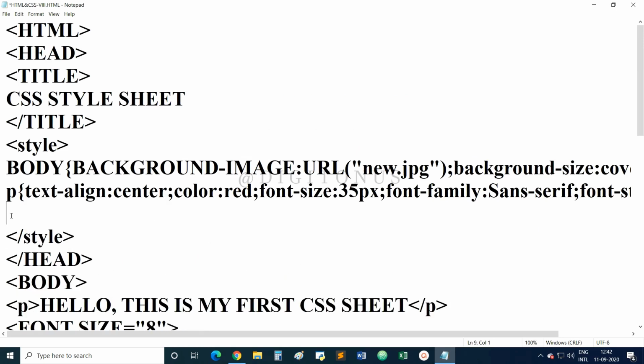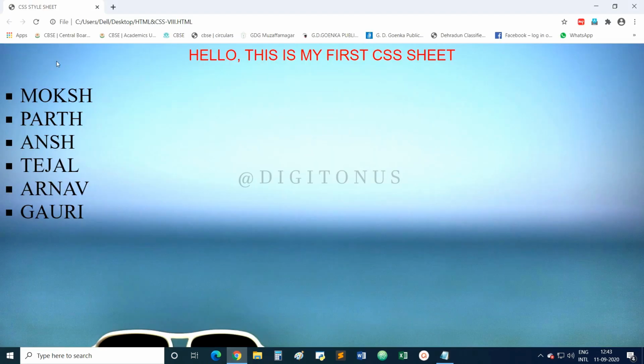After this I am writing here the tag name li, then curly braces, and in li I will write the value, that is color colon red. I have written a value for li, that is color red, and refresh. Now you can see that the information color has been changed.